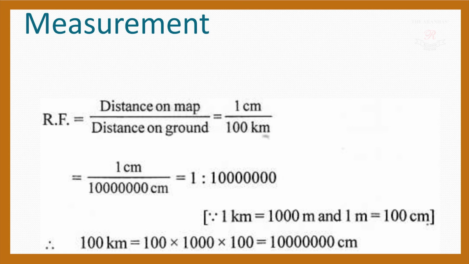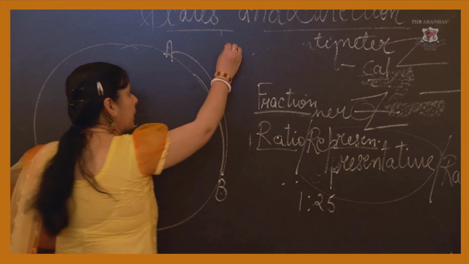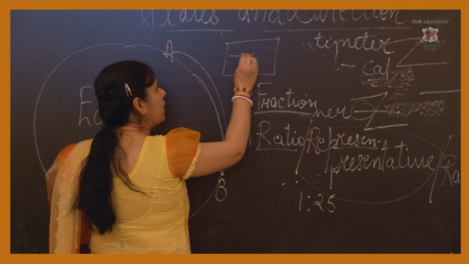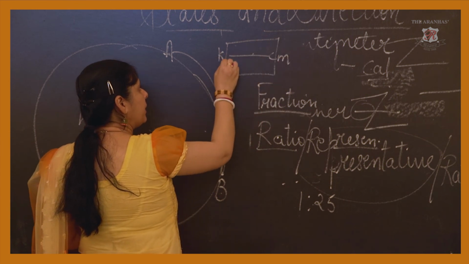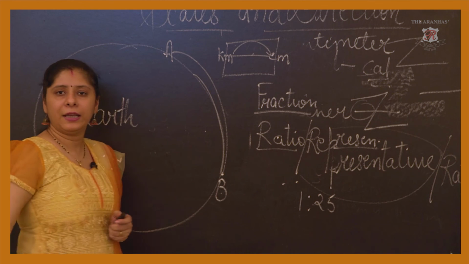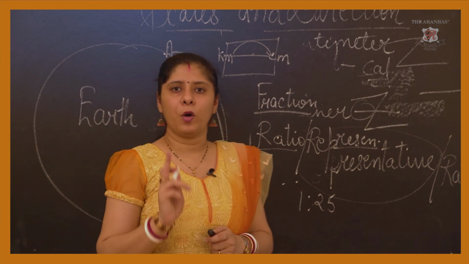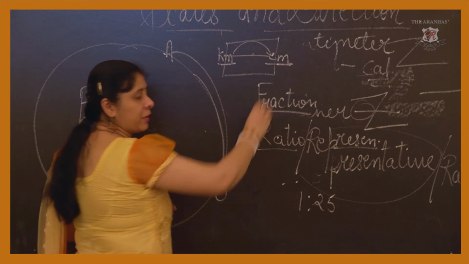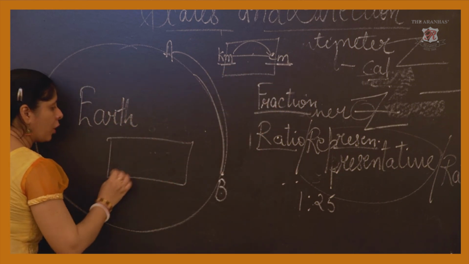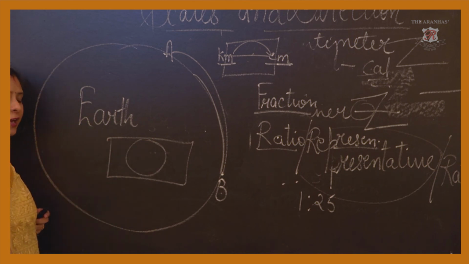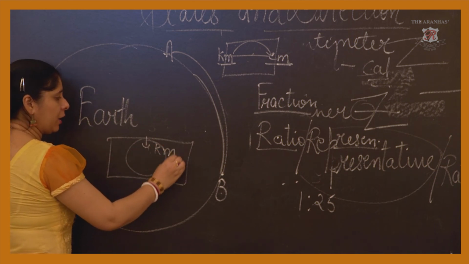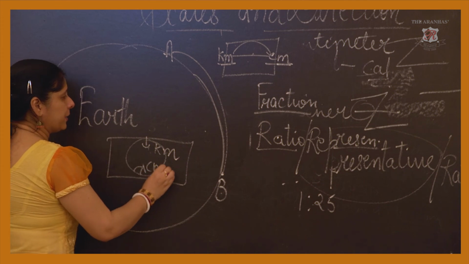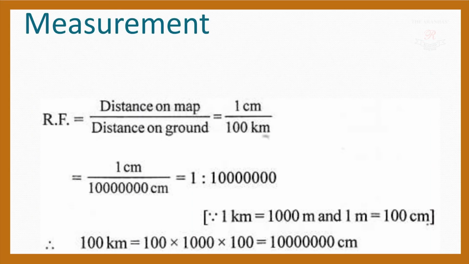Like this, first of all I have to convert this kilometer into centimeter, because on a piece of paper the scale would be in centimeters. Kilometer is transferred to centimeter. So that is one of the most important things here. We have to convert kilometers into centimeters, because on a piece of paper, if you have to draw the entire earth, it would be in centimeters. Though the distance on the earth's surface is in kilometers, it would be in centimeters on the paper. So that is the most important thing here, that I have converted kilometers into centimeters.